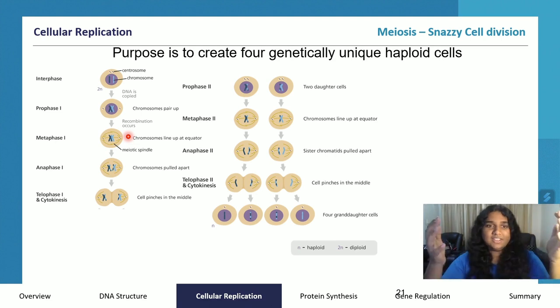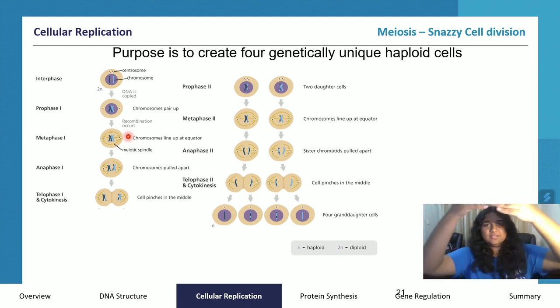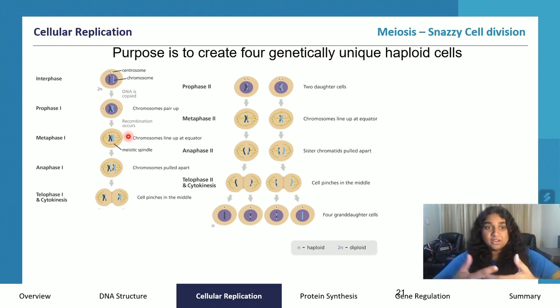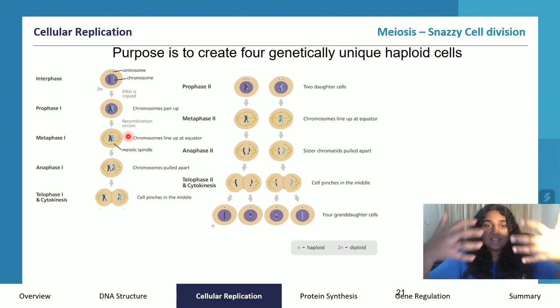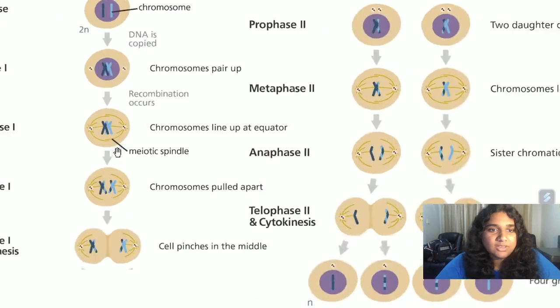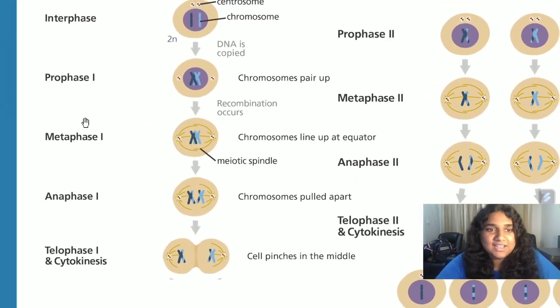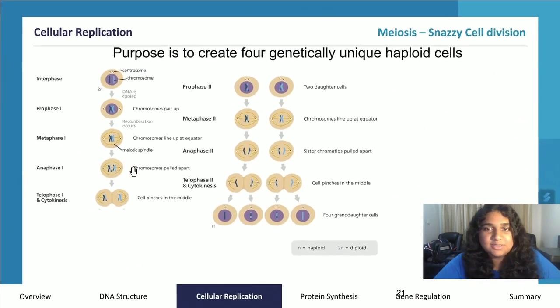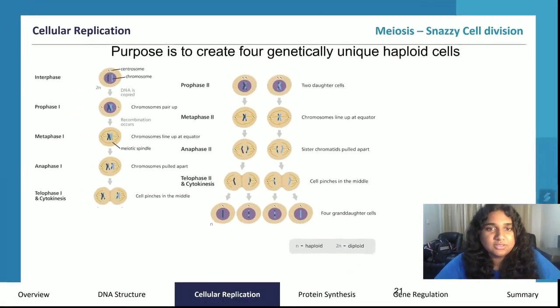But instead of the chromosomes forming one underneath each other, homologous chromosomes, so chromosomes that are of the same size, will line up next to each other, and anaphase will pull apart an entire chromosome to the pole of the cell. One thing that's important to note here is that after metaphase 1, there is this process that occurs called